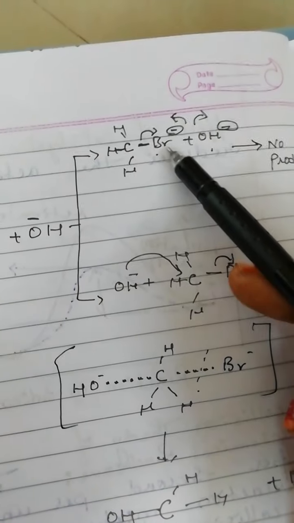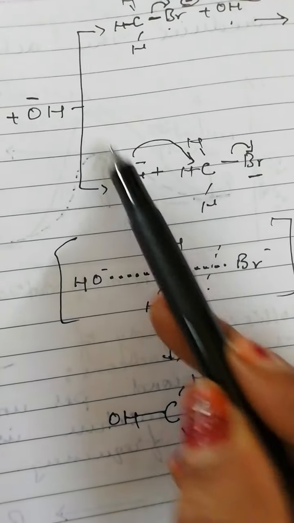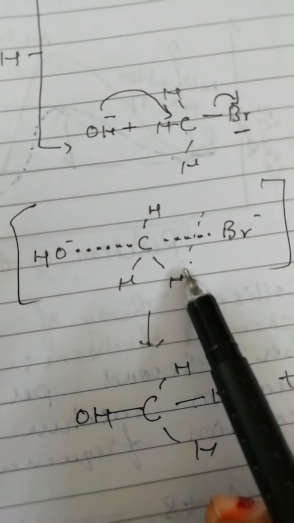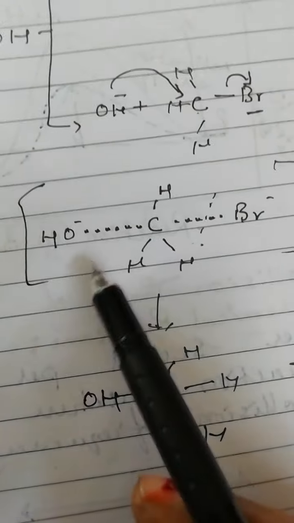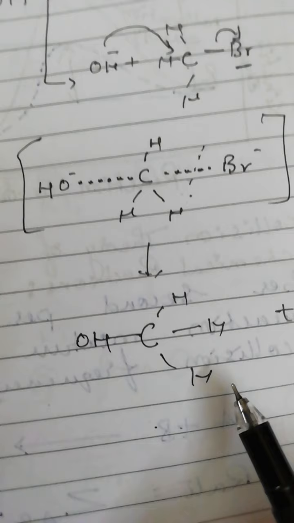That means, see the orientation. On this side, the OH minus ion is oriented towards the bromide and both are nucleophiles, so repulsion took place. Whereas in this case, OH is attacking from the back side. So both can exist, and slowly the old bond breaks down and bromine is separated, and the OH gets attached to the carbon. This is how the products are formed. So the orientation also increases the effective collisions. Is that clear?